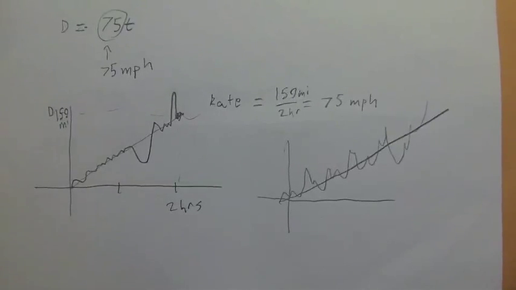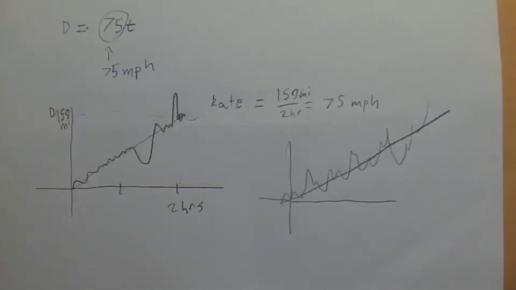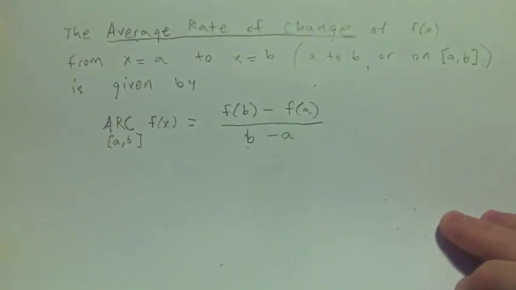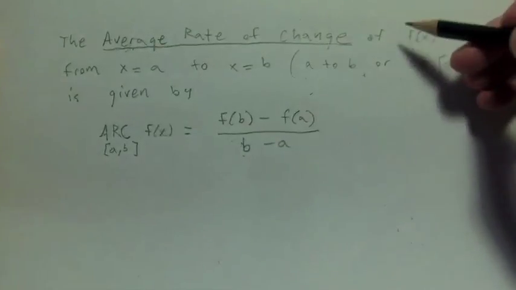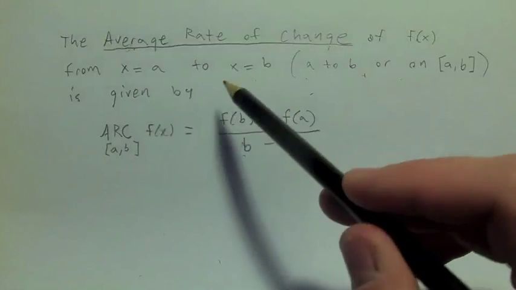Nobody cares. On average, you traveled at 75 miles per hour, right? So that is what we have for our general everyday function to talk about its rate of change. It's what we call the average rate of change. Okay, so the average rate of change of a function, f of x, from x equals a to x equals